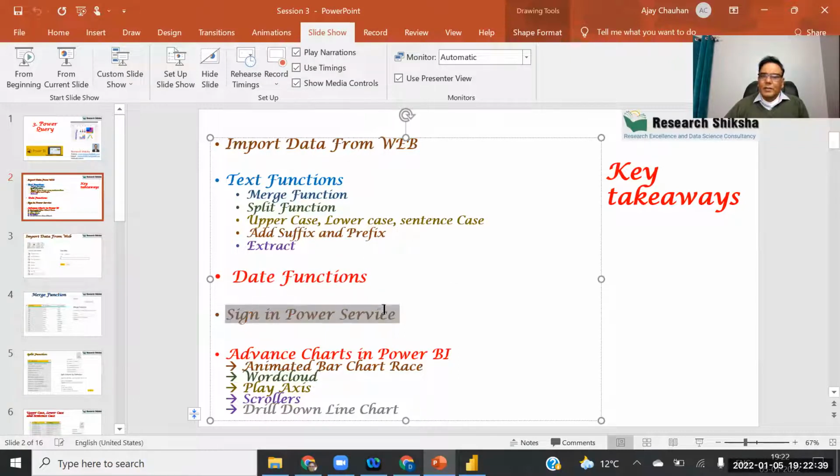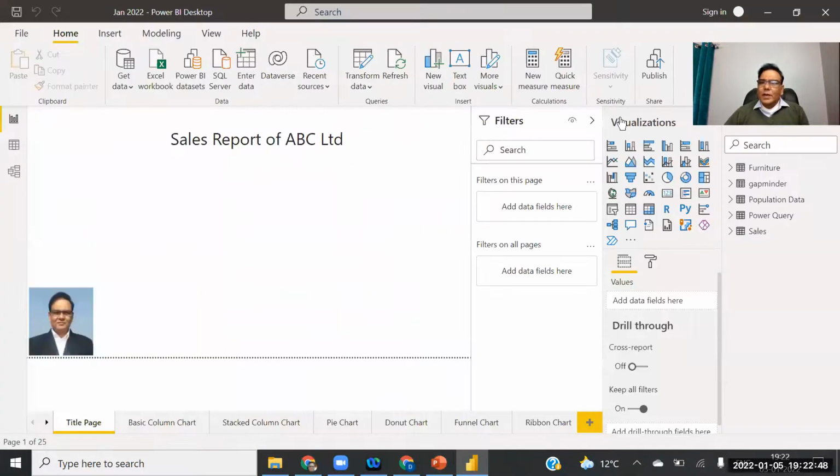Now, sign in to Power Service. I'm going to tell you a very, very important function of Power BI. Most of you have downloaded Power BI, and the sign in button you can see here. Now, Power BI is offering you another set of service that is called Power Service. But to avail this service, you have to sign in. And there are two ways of signing in. You can click on this part directly, or you can go to the file,